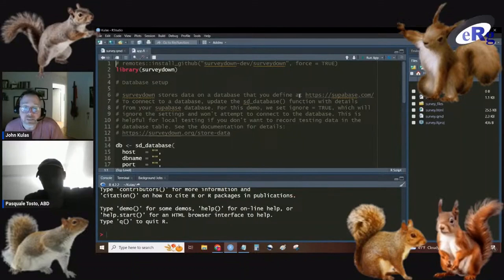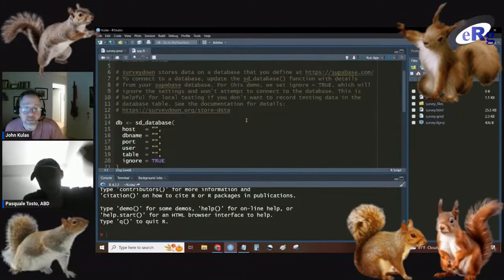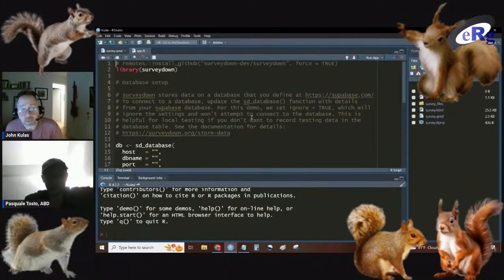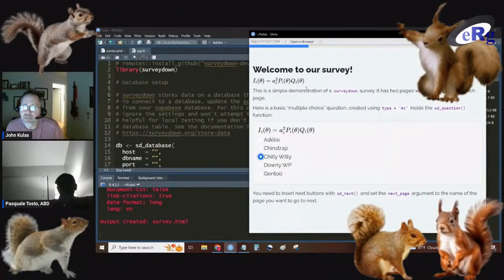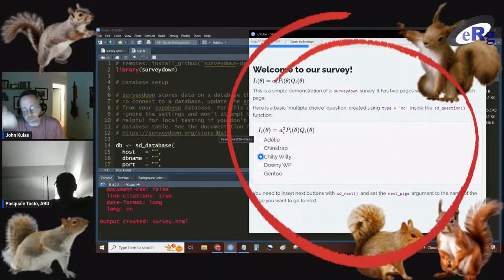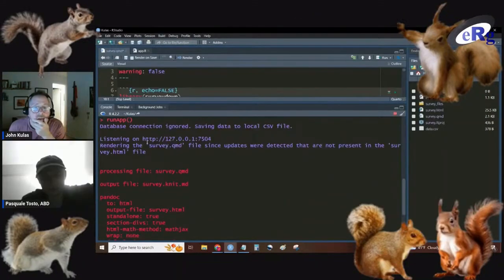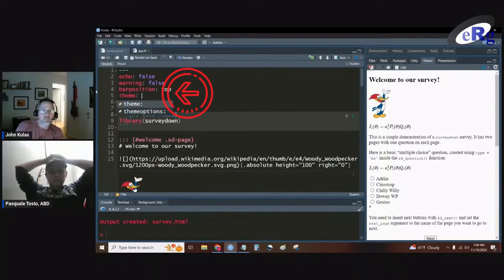All right, should we run this thing and see what it does? This is the default Shiny file. I'm not sure it's going to work without us touching it, but we'll try it here. I'm just glad that we don't need to link to a database in order to get a better preview of what's going on. Database connection ignored, so that's kind of a nice feature. But let's add the theme